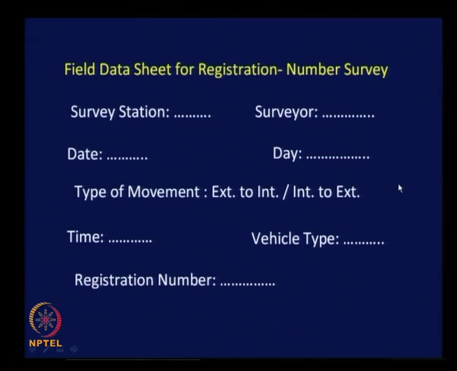These are the two possibilities at any survey station at the cordon line. It could be going out or coming in, right. And then the time at which you are observing the vehicle, vehicle type also you can note down, registration number, right. If the vehicles are moving very fast, maybe you can create some mechanism to slow down the traffic, maybe some temporary speed breakers or use a policeman to slow down the movement of vehicles in such a way that you are able to clearly note down the registration number,